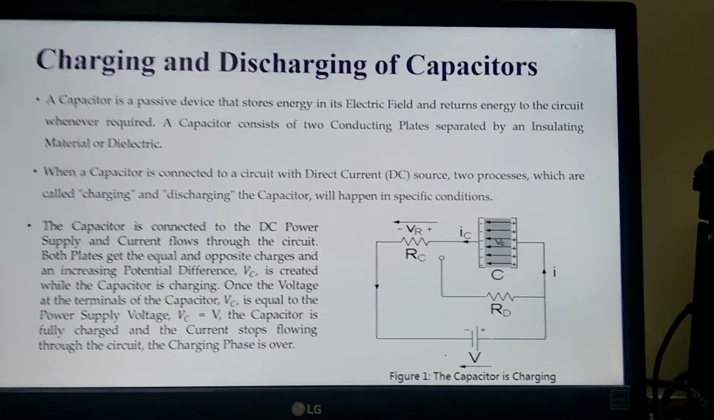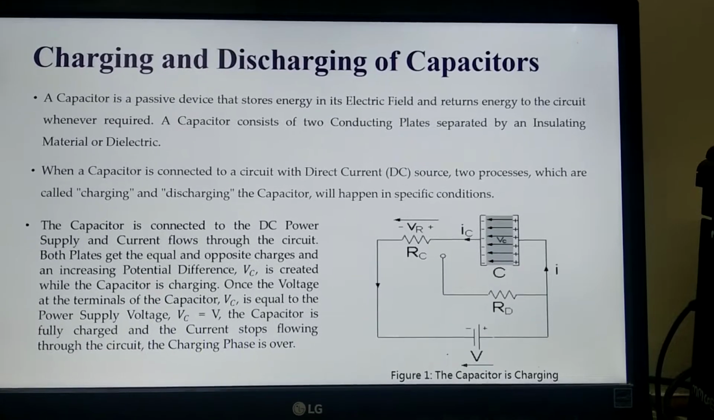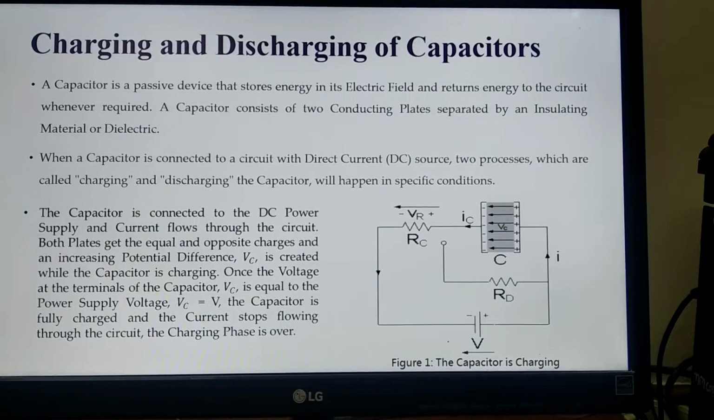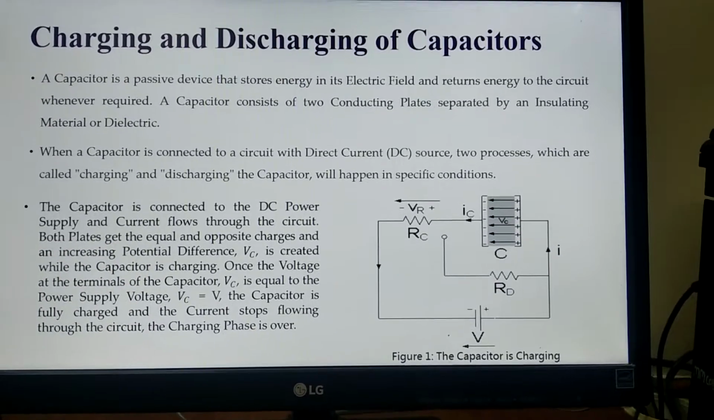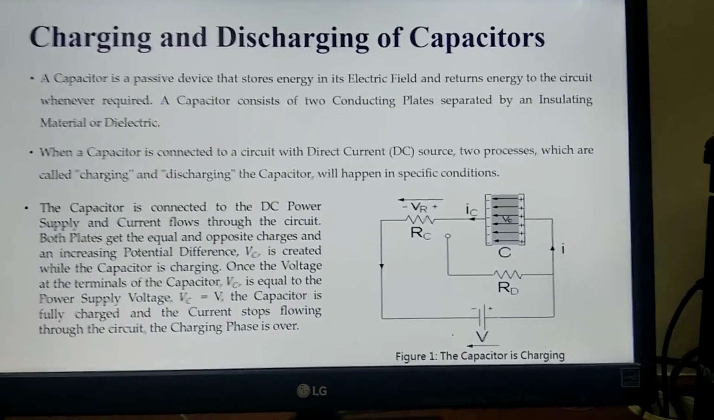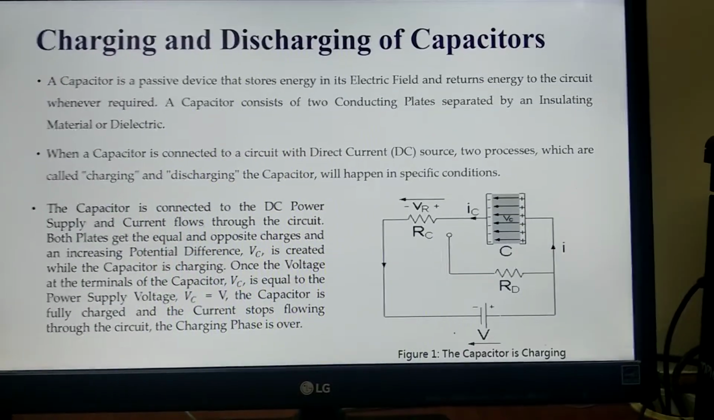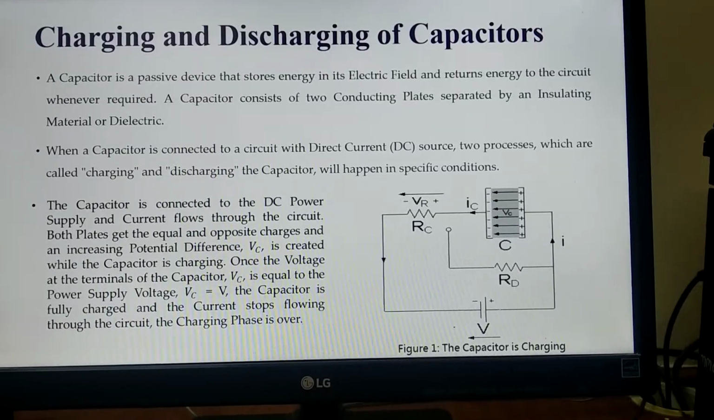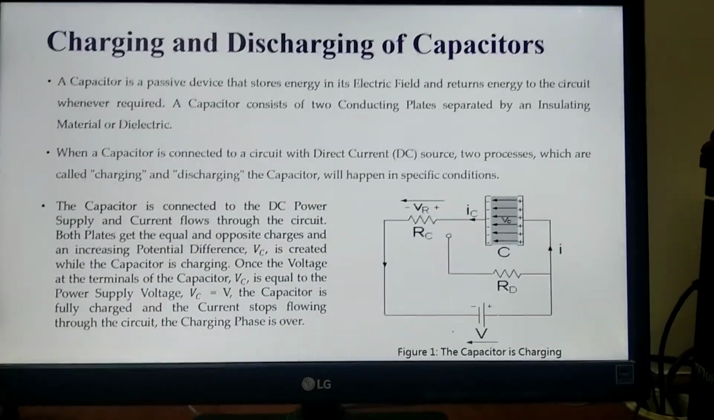Hello students, today we are going to study the charging and discharging of a capacitor. In my last offline session, we saw that a capacitor is an element with two metallic plates separated by a dielectric medium. Here, as shown in the figure, you can see